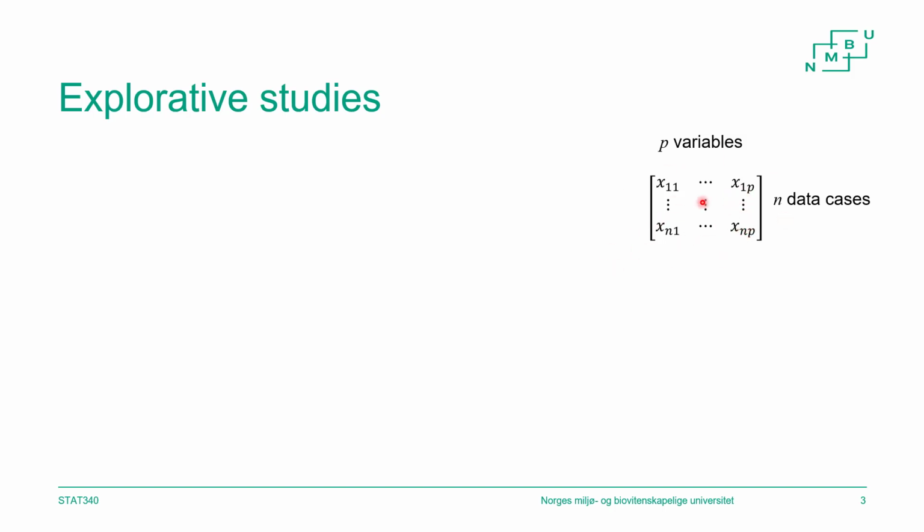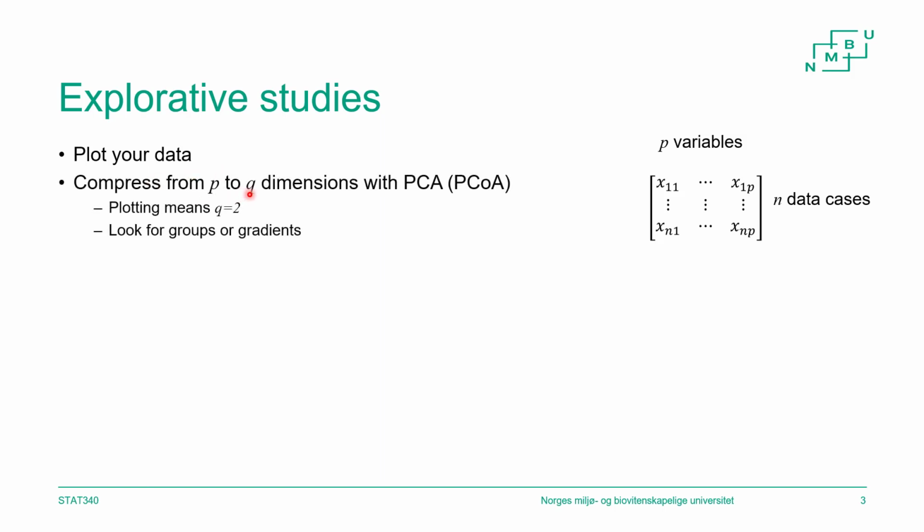If you have a data table like this, you should always start by plotting your data, I would say. That's the sensible thing to do. Try to get an overview of the data if you can. And plotting is probably the best way. There are some other summaries, right, that you can do, but if you can, you should plot your data. If you have just a few columns, that shouldn't be too difficult, right? We saw that if you have many columns,